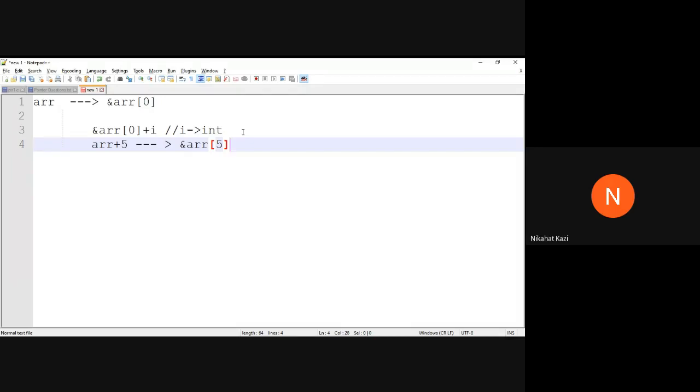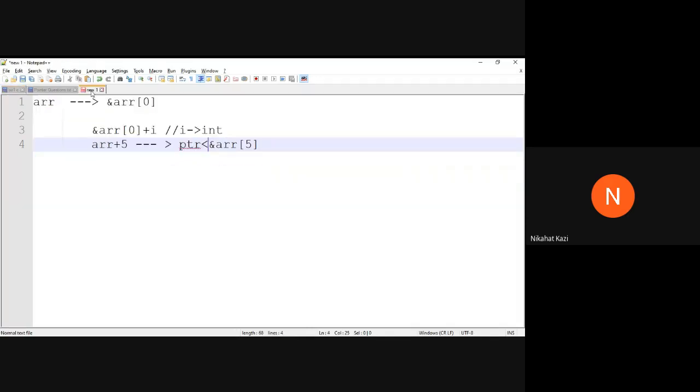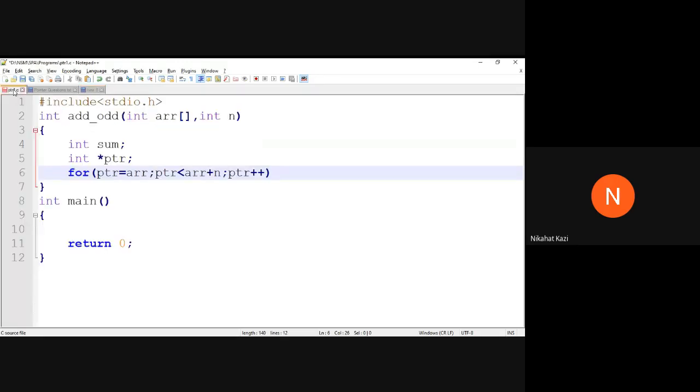When I write pointer is less than the address of ARR of 5, this kind of expression in your for loop, with this less than comparison, it will stop at address ARR of 4. It will stop at the last element. That is what you want. So the correct expression is ARR plus n.